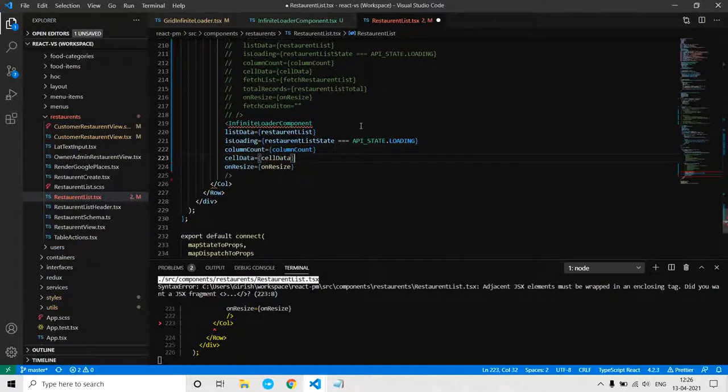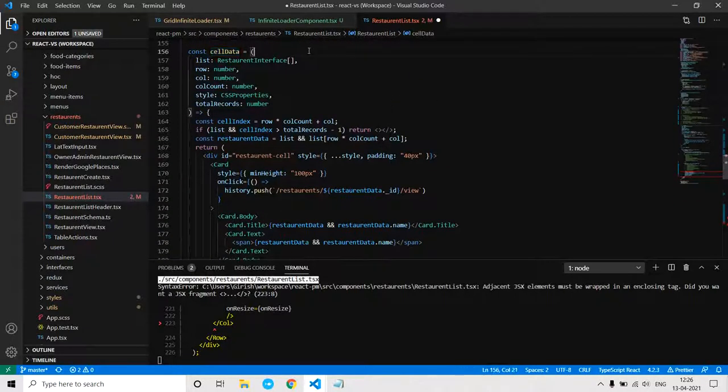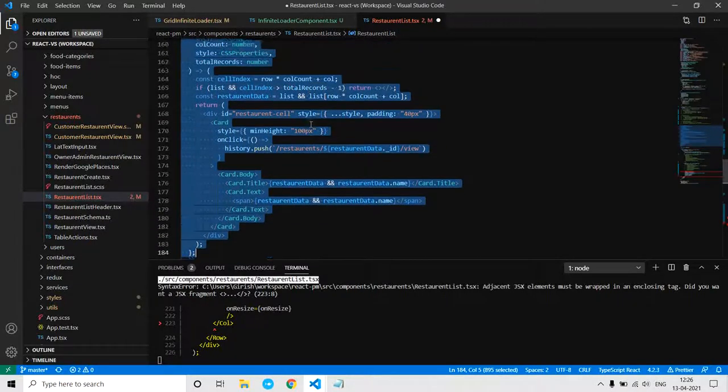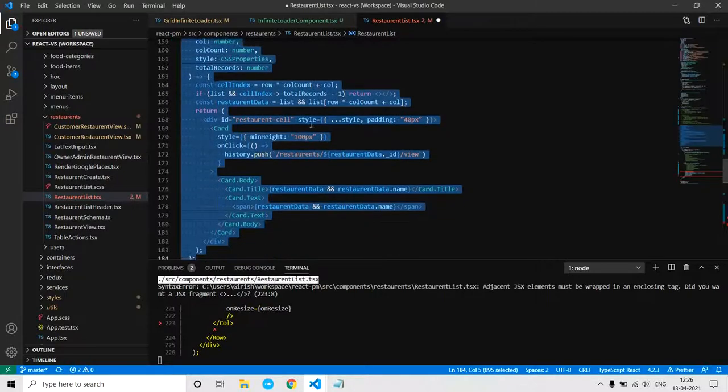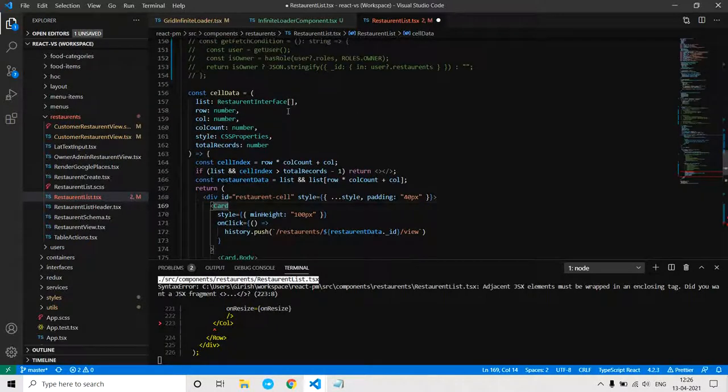This is important because cell data is a function, so you can define your own content of the cell. Just return some divs or whatever you need. It's not necessarily a div, basically the content that you want to render in each cell. We can also pass anything to this function.